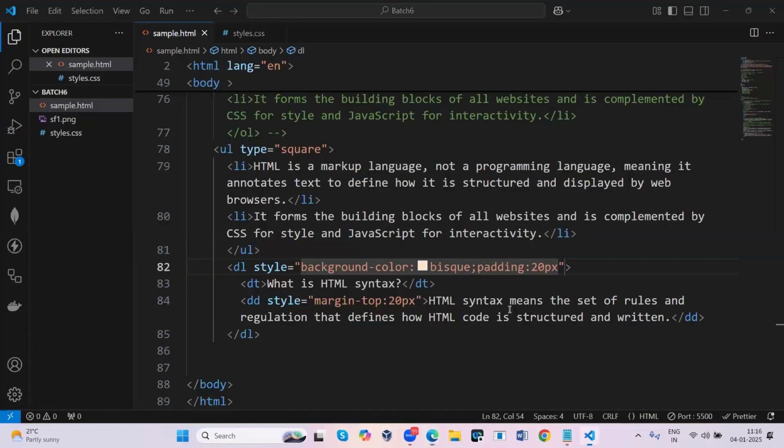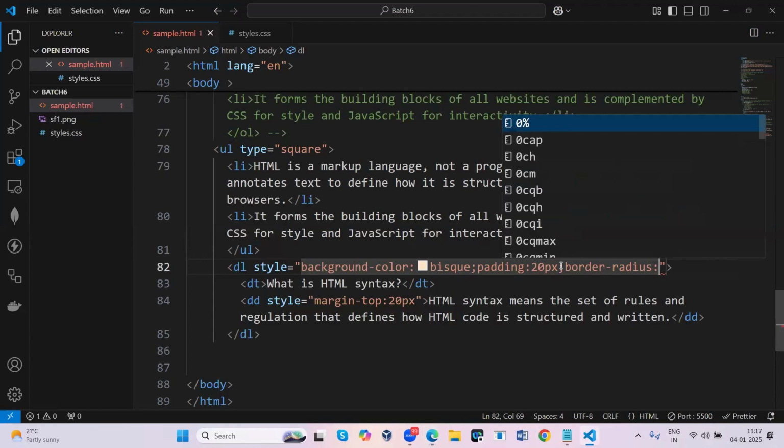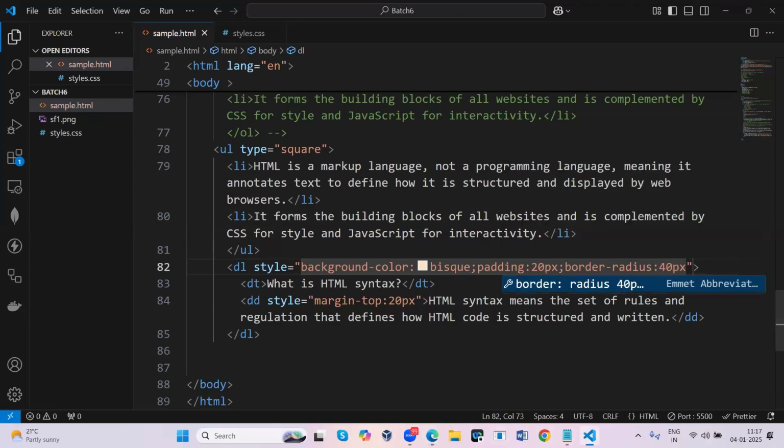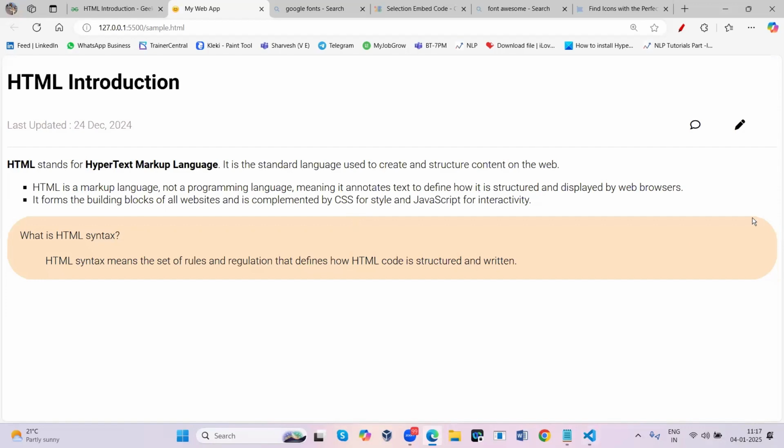There is a property called border radius. You can round it with the help of a pixel value. See, it is rounded. You can give whatever value you like; the more value you give, the more rounded it gets.